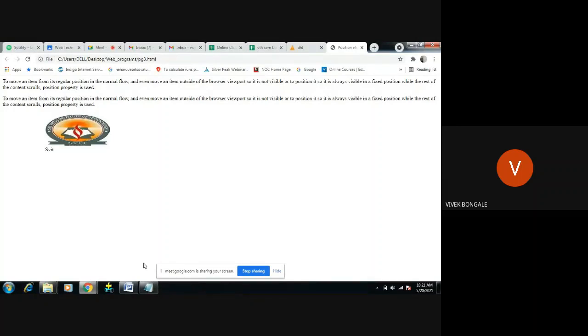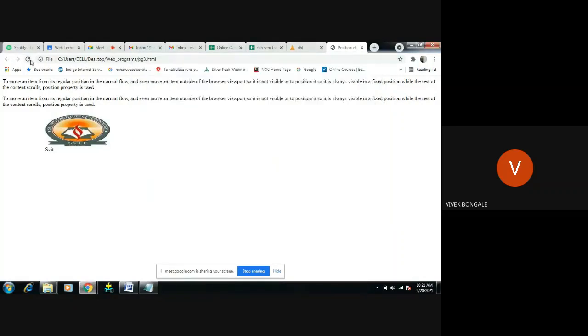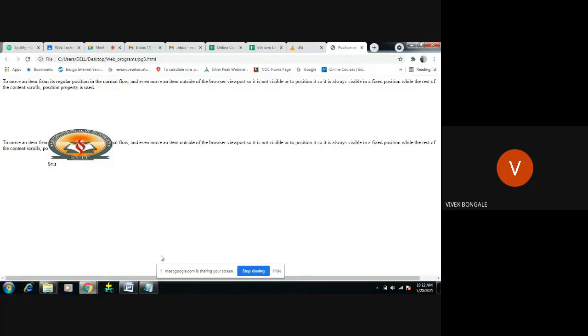In relative, consider this is a container; in that container, that particular space is preserved for that image, and some space is preserved for this text. Okay, I will just move to this same relative. Here what I'm trying to say is, consider this image was here, in the initial position, at normal flow.